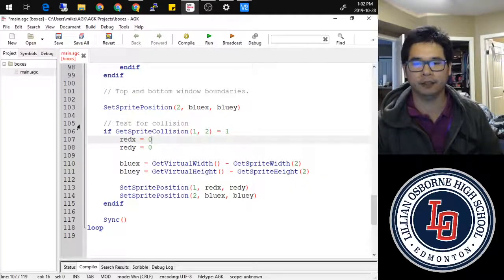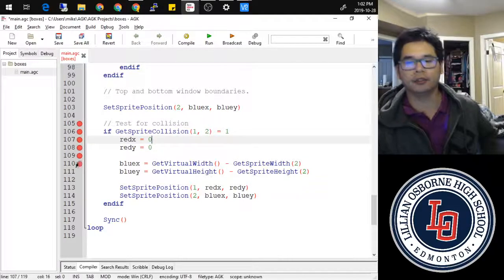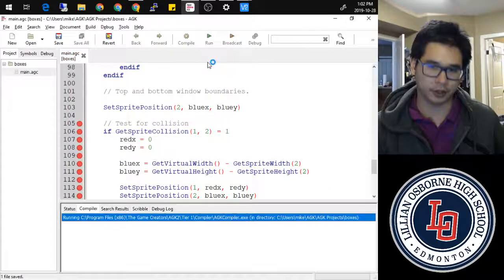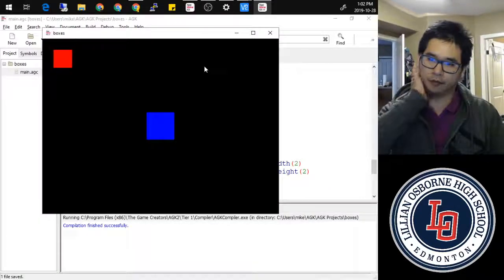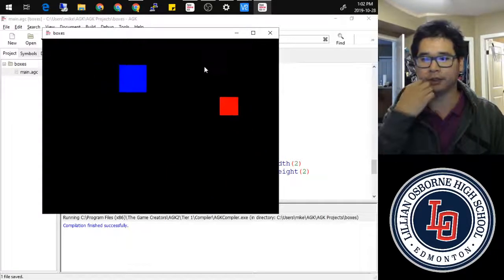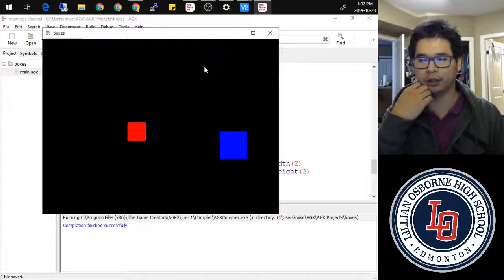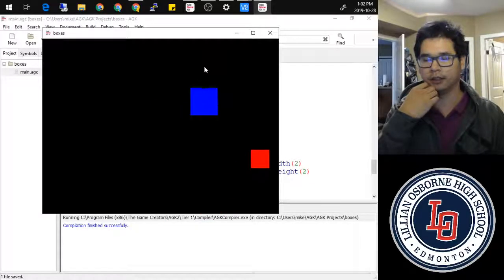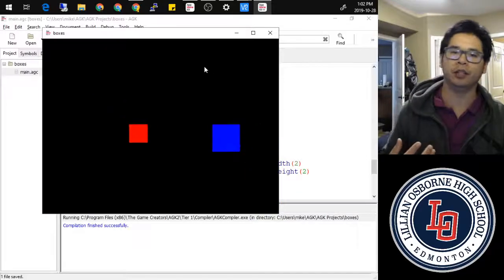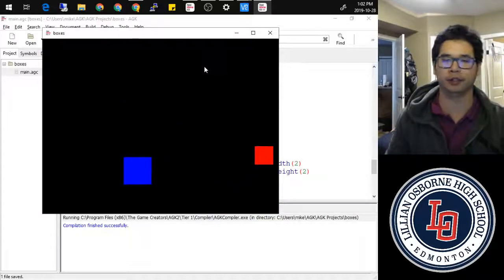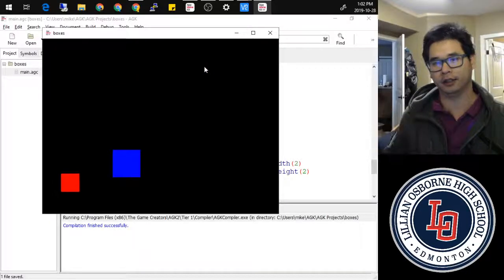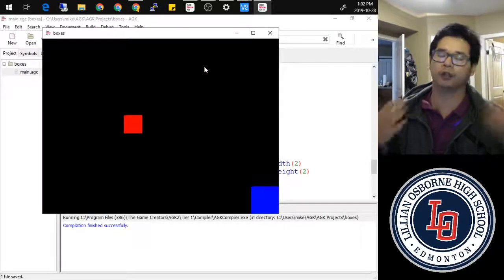So now that we have this new section added, as long as all other sections for the most part are working, then when I go ahead and hit run, if these two boxes collide, they will reset their positions to the given positions and then continue on their merry way. So see that they're still moving, and then when they collide, they reset. Oftentimes we don't want them to necessarily reset, we want them to do something else. Say, for example, if I'm firing a laser at an enemy, I want the laser to disappear and the enemy to disappear.